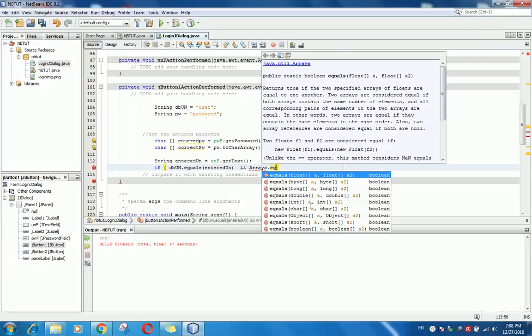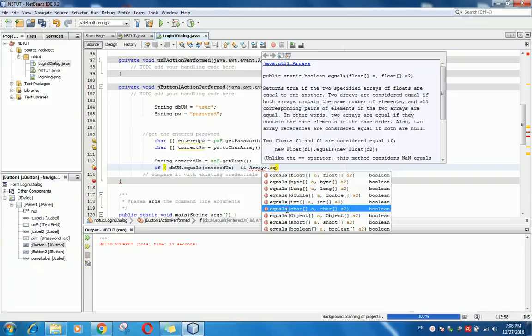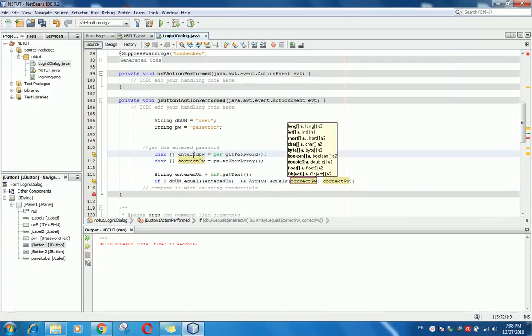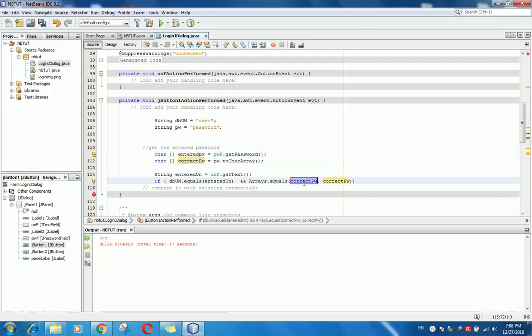I'm going to use this method with char arrays. I'm going to pass the entered password and the correct password. If both are true,